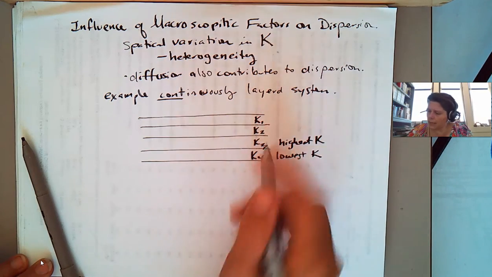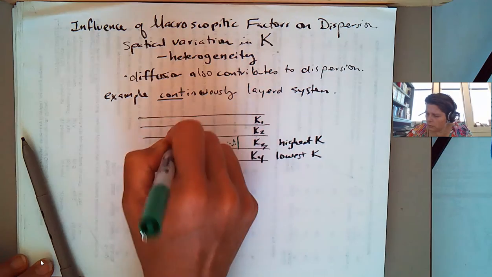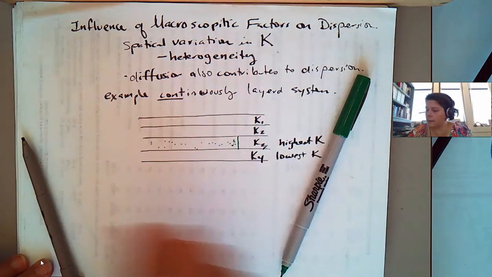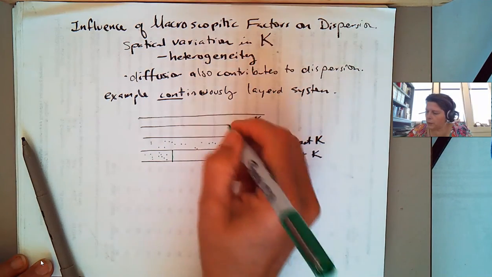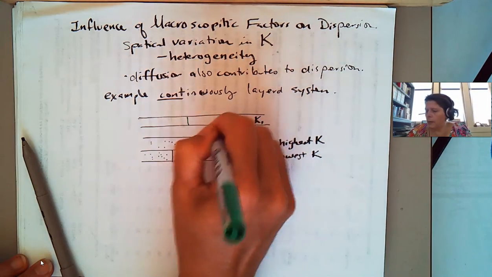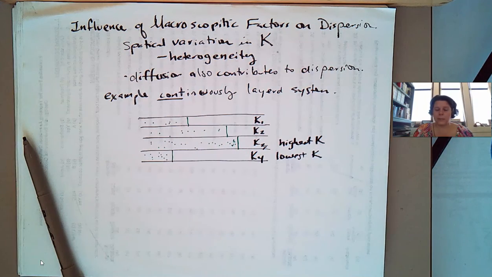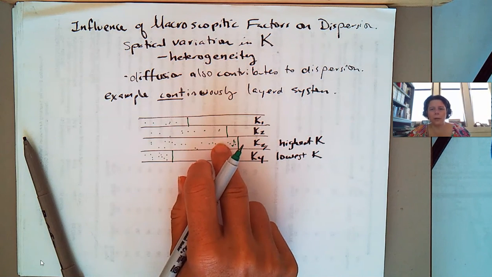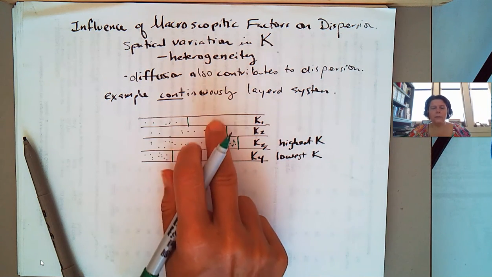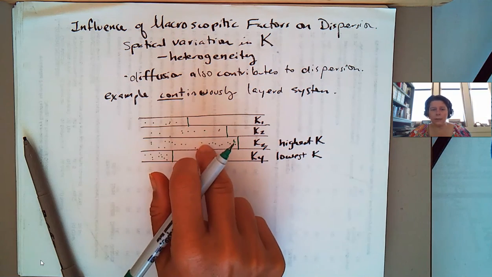Well, in the system with the highest K, you're going to get your contaminant moving further along than, say, in the slowest one. And then everything else will be somewhere else in there. And so in a layered system, you can get the contaminants coming through the different layers at different speeds. And so we can have this dispersion happening. And then say if we had our well crossing all these layers instead of being just screened in a specific layer. If it was screened across all of these, you would think, oh, it's really moving fastest over here, when in actuality you could have a layered